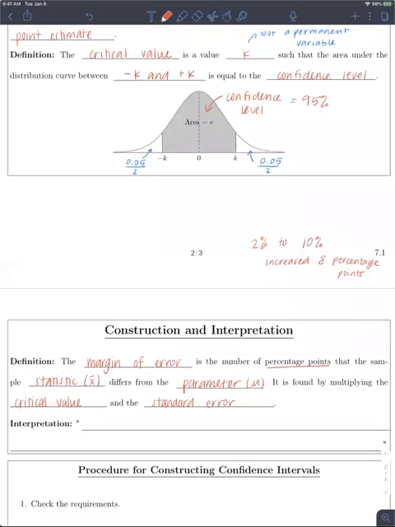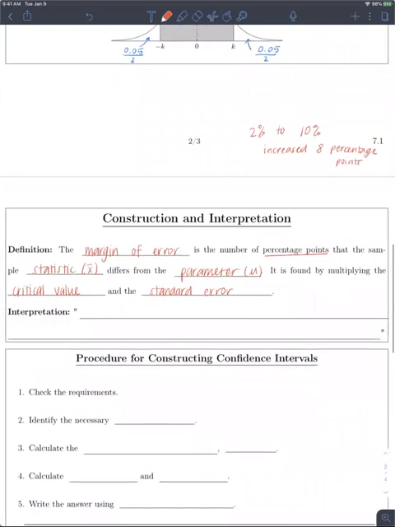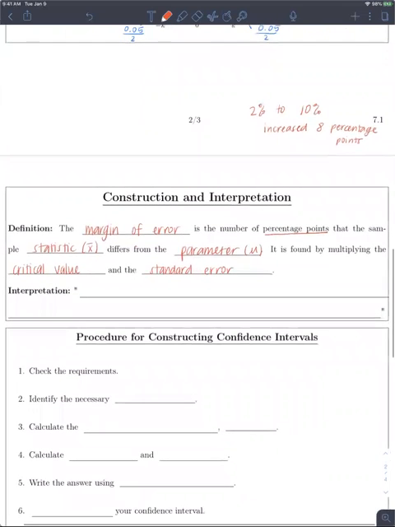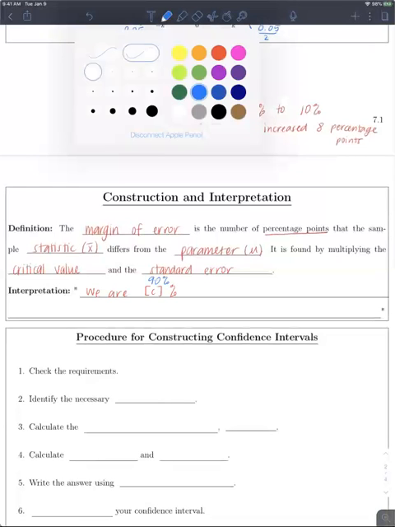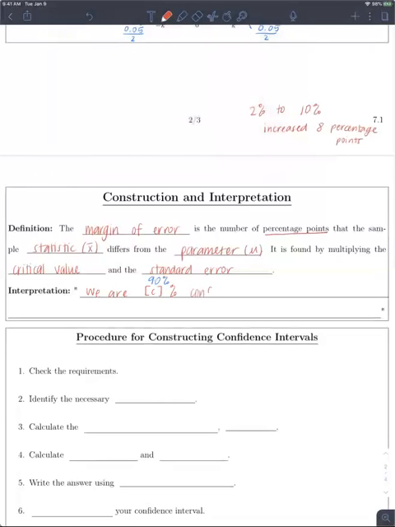Okay, so the next thing that we're going to do is interpret our confidence intervals. Our interpretations are always going to start out by saying we are however percent confident. So if our confidence level is 90%, we're going to say we are 90% confident that, and then we're going to follow it up with some stuff. Here I'll put C in brackets so that you know to replace it. For example, if C were 90%, I would say we are 90% confident that